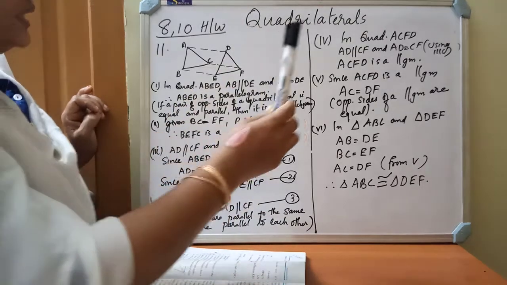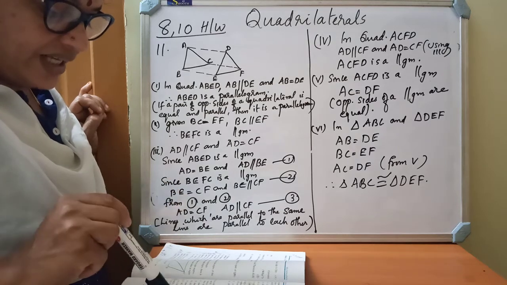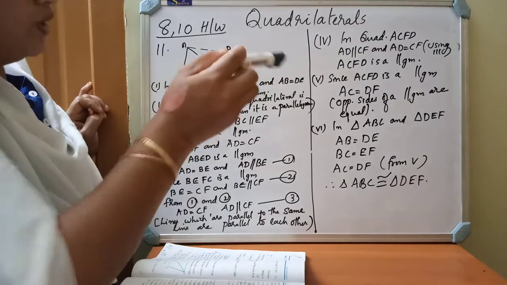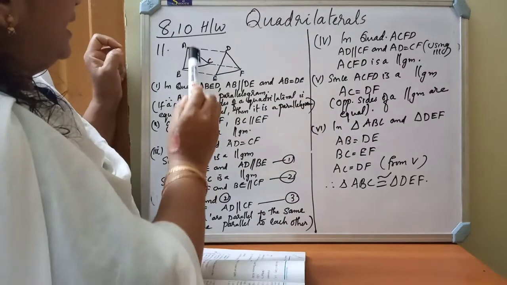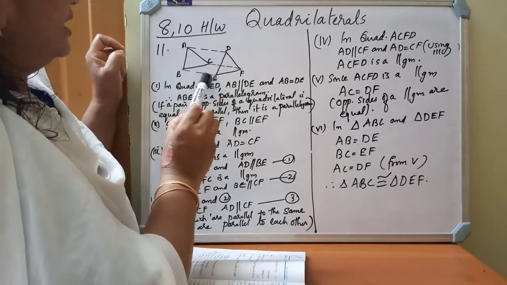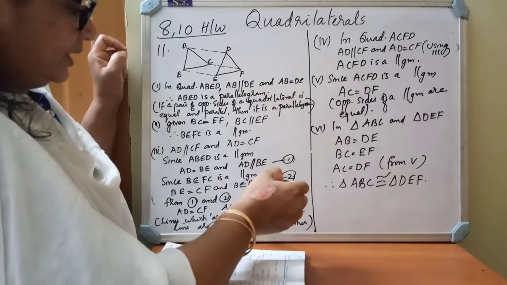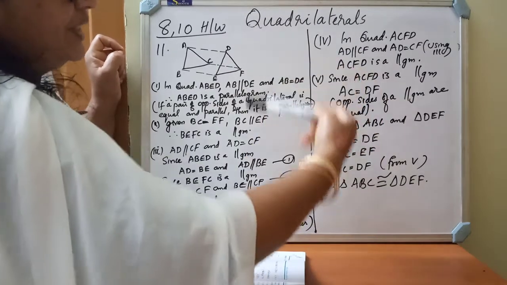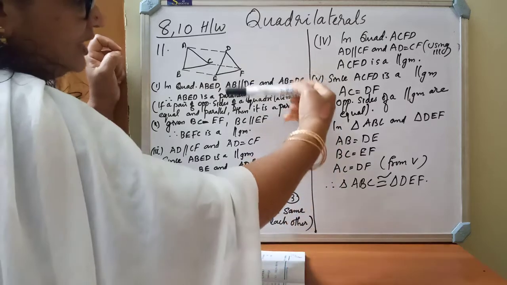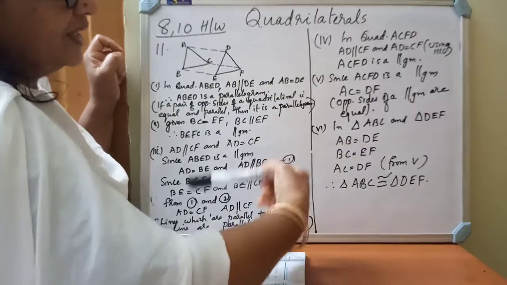And the fourth result. What is the fourth one we have to prove? Quadrilateral ACFD is a parallelogram. That means AD parallel to CF. Here we got it, AD parallel to CF. This result only we are applying. So each one is interlinked. After getting the first one, second one, the application of the first one is there. So each is interlinked.